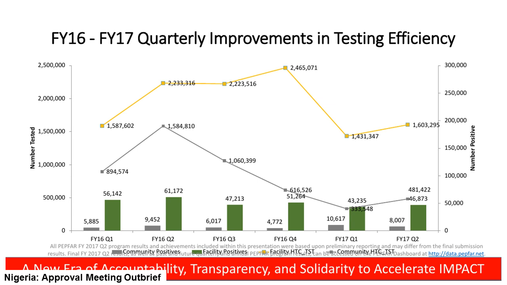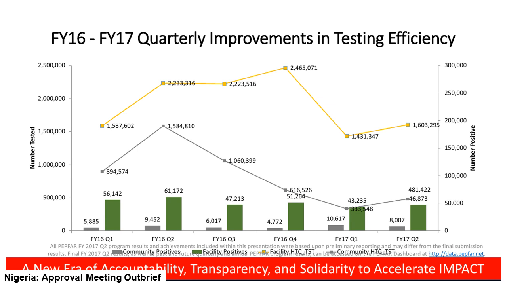The green bar shows the number of HIV positive test results in facilities, and the gray bars show the number of HIV positive test results in community testing programs. These are both charted against the axis on the right hand side of the screen. So to find the yields here, which is again something that PEPFAR would be very interested in, you would generally